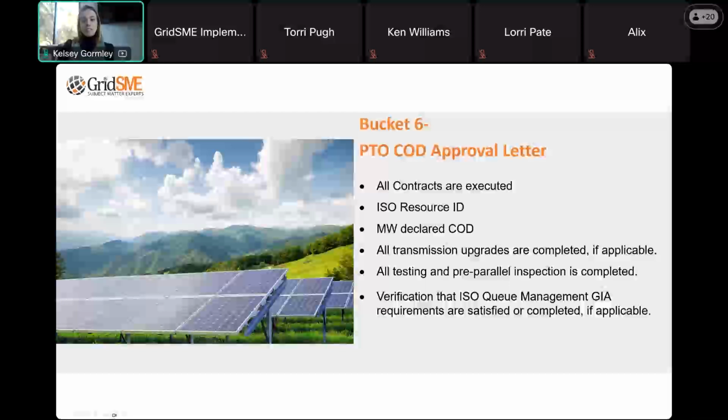And, oops, sorry guys, I jumped over the telemetry check. The other thing that's important to remember on that letter is they will not issue it until the resource has completed all of their agreements and has them all executed. This includes retail power agreements. This is something we run into quite often, unfortunately, on projects where they've got all their revenue metering set up, but they may not have their retail power agreements set up with that utility. So there are two parallel items that need to be completed in order for the utility to give you this letter. They need to know that their retail metering is in place as well as the revenue metering.